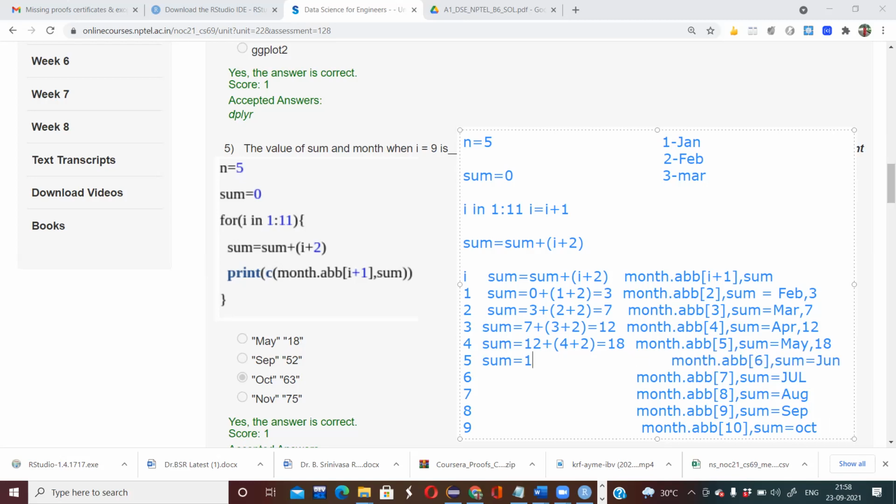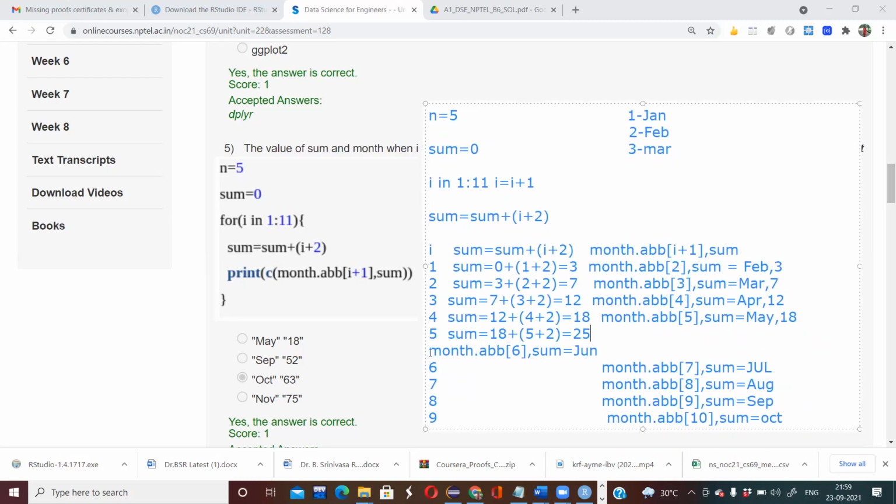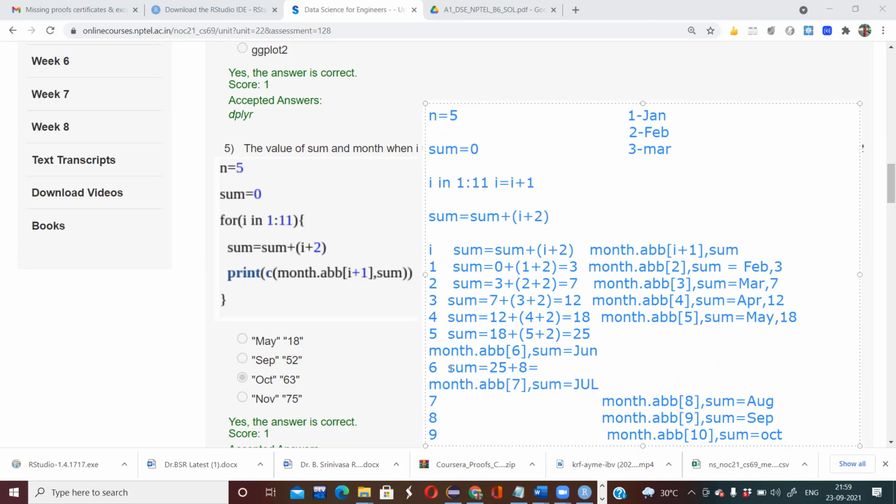Sum equals 18 plus 5 plus 2. That will be 18 plus 7, 25. And again, if you calculate the sum value, sum will be 25 plus 6 plus 2, that will be 8, that will be 33.